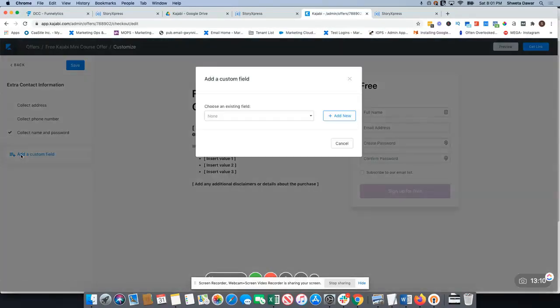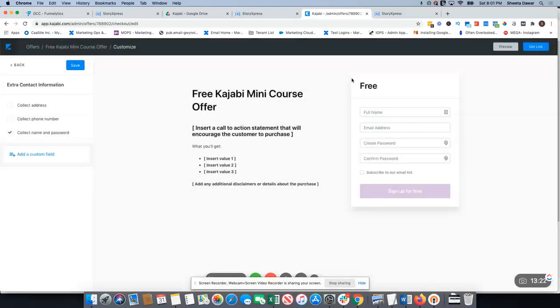You could also add a custom field, but you'll have to create the custom field first and then add it. If there's something, like if you want someone's birthday, say you're running a membership and you would want to reach out to the member when it's their birthday, you probably want to send them something, you could add that as a custom field. So I'm just going to hit save,